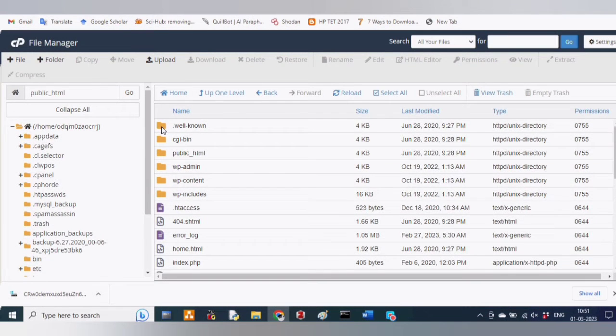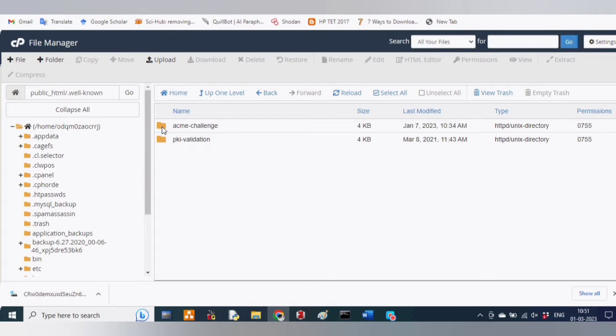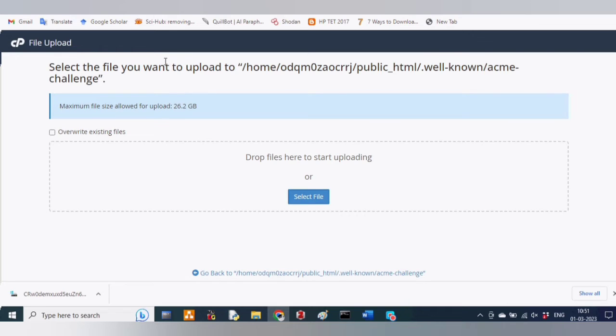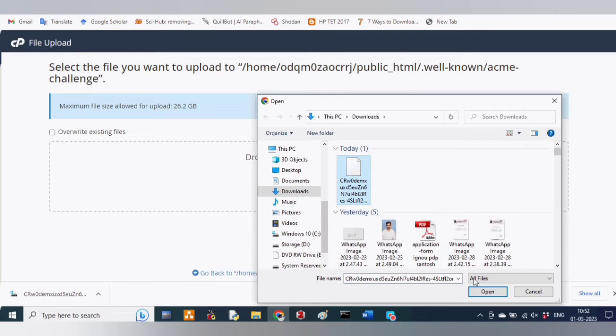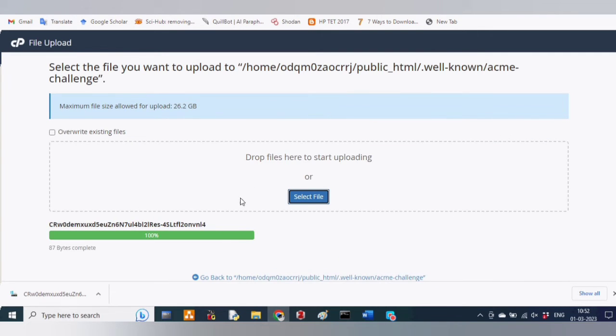If you have done certification earlier, then there is a folder .well-known, and inside that Acme Challenge. Browse for the file which was downloaded earlier, then just click